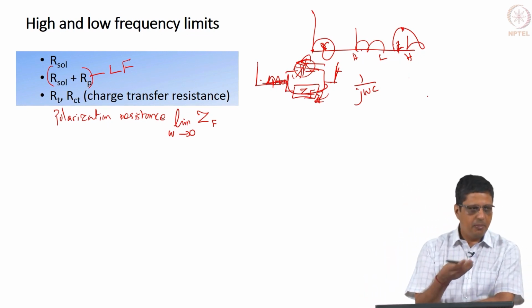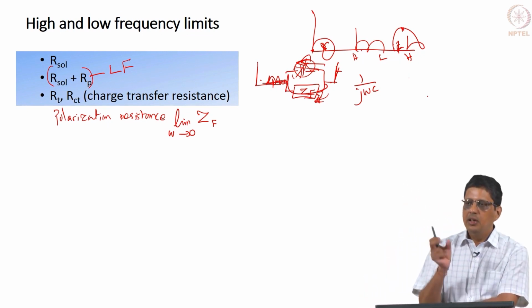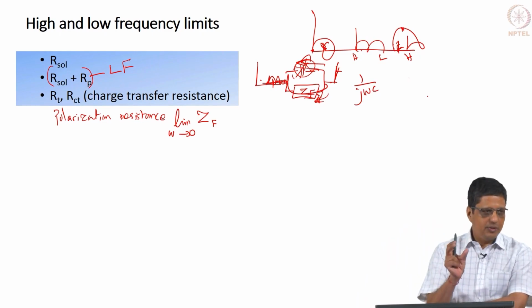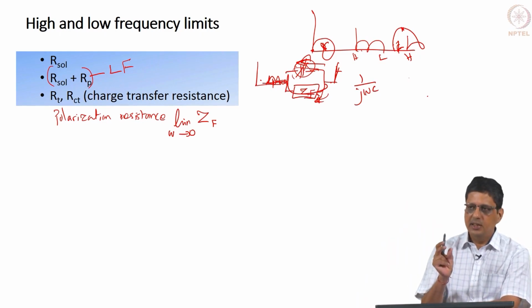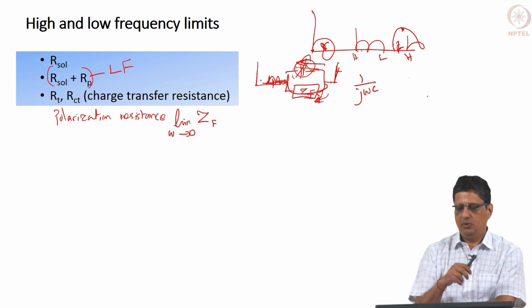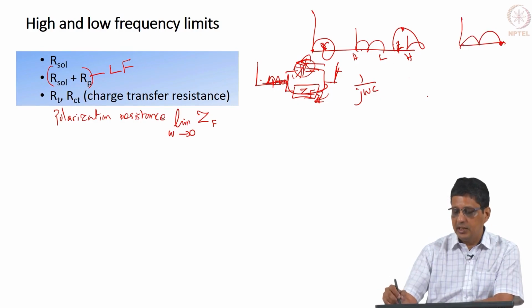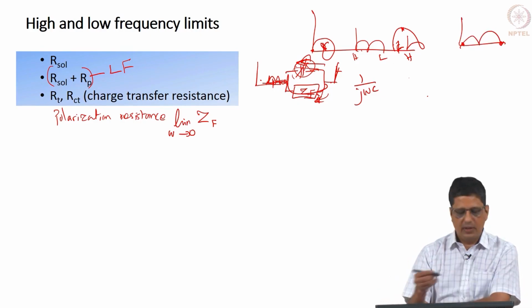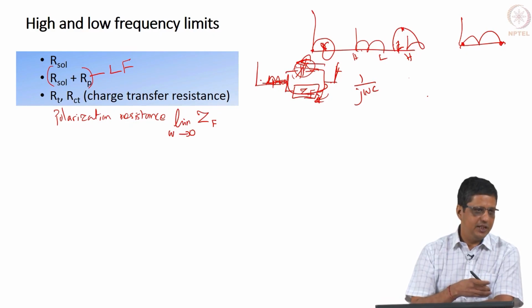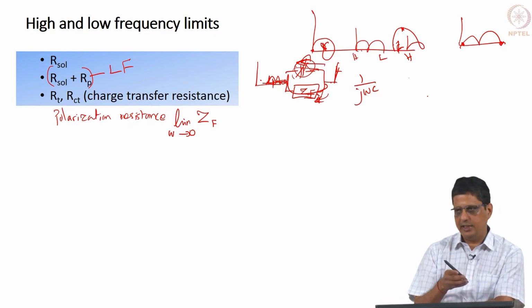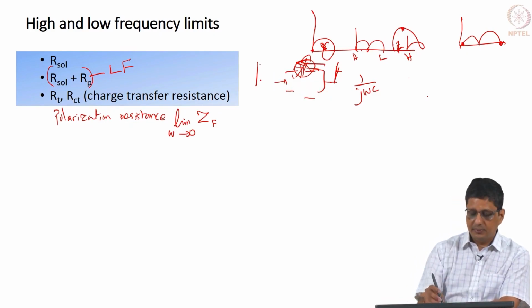So, sometimes in publications or in books you will see, you measure the impedance, the low frequency limit is the polarization resistance, they are implicitly neglecting the solution resistance. So, do not take a point like this and call this polarization resistance if this value is not close to 0, that is first. Second, there is a definition of another term called charge transfer resistance. In reactions,